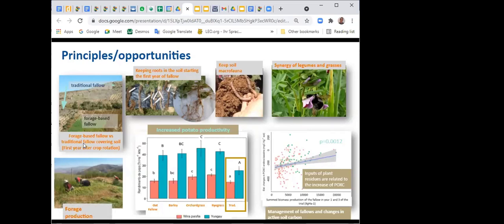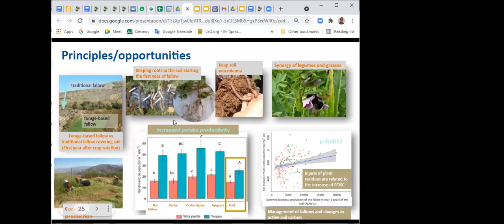Entonces, también entre otros indicadores que es muy amigable con los agricultores es ver la acumulación de raíces que hay en este primer año de descanso, no solo en cantidad, sino que también al sembrar diferentes especies de forrajes tenemos diferentes tipos de raíces que están quedando en el suelo, y también cuando se habla de calidad, porque también hay muchas leguminosas que están dejando raíces, no solo raíces, sino los nódulos de rizobia. Por otro lado, también hemos visto que indicadores como la macrofauna, que incrementa, por ejemplo, la cantidad de lombrices en la tierra, es muy importante para entender este concepto de la